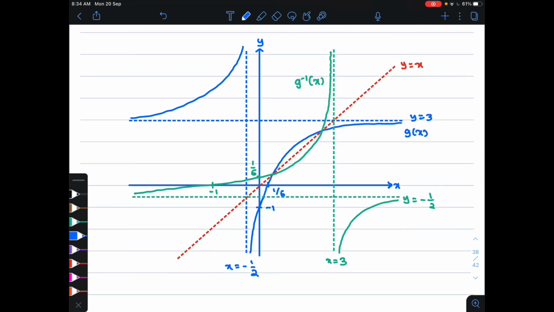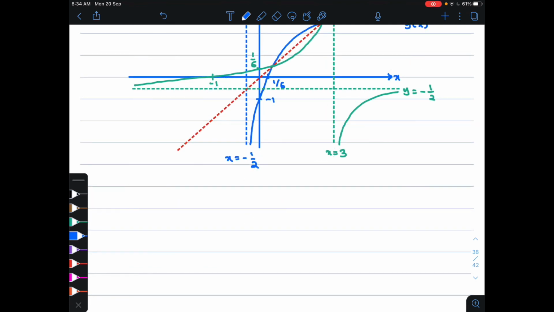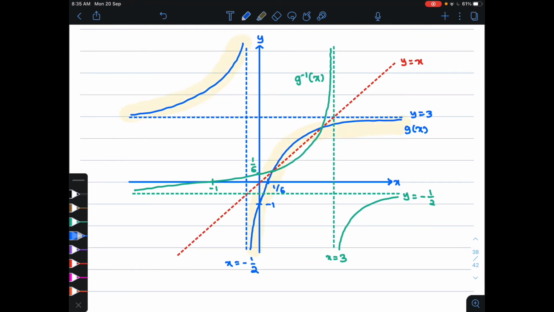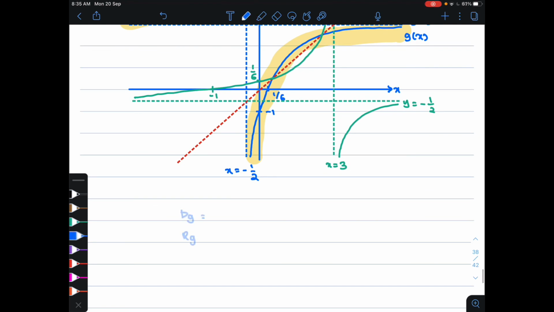But don't forget you need to state the domain and range. So to find domain and range, just look at one graph only. Okay, so katakanlah kamu nak tengok graph GX. So do not look at G inverse, only look at GX only. So we want to find domain of G and range of G. So for domain of G,